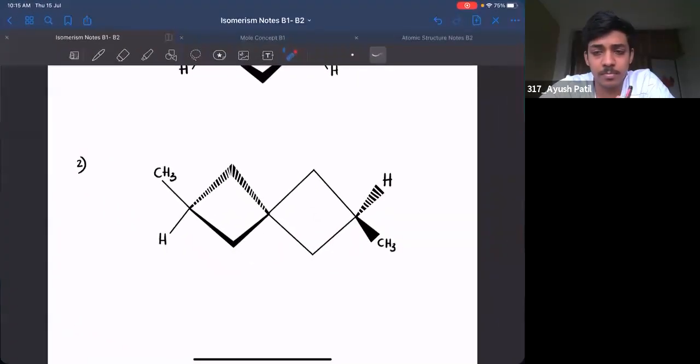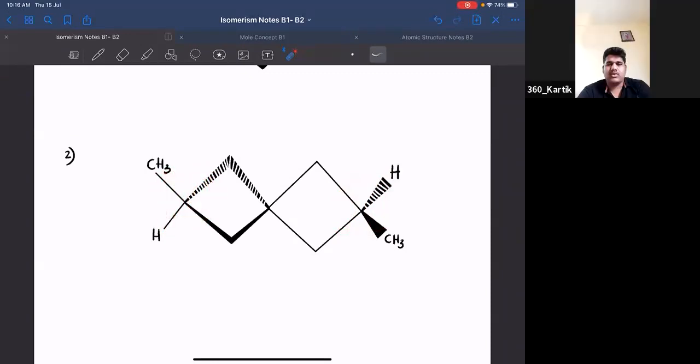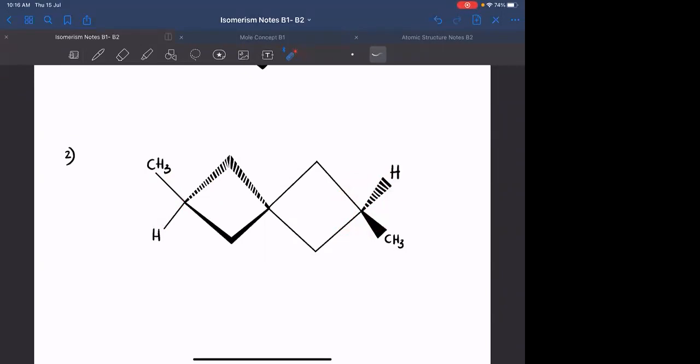Okay. So these 2 bonds are out of the plane. These 2 bonds are in the plane. Again, these 2 bonds are out of the plane. यहाँ पे this being sp3, ये दोनों plane में है, इसलिए ये दोनों bonds out of the plane. यहाँ पे ये दोनों out of the plane है, इसलिए ये दोनों bonds in the plane. Any doubt? Okay. ठीक है. Can this particular molecule show optical isomerism?